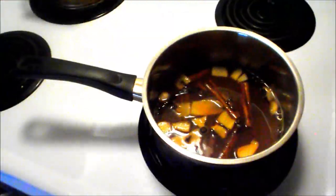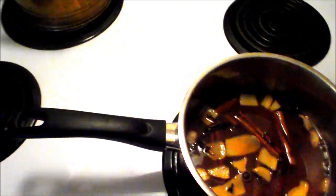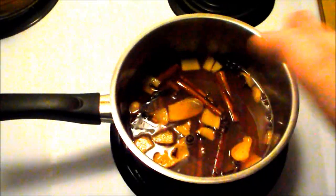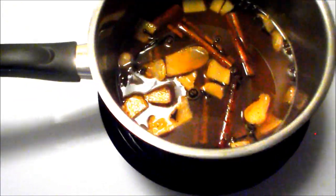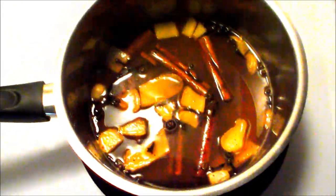So the idea, I think, was to simmer it for a bit to get all the ingredients in there to mix in with the water. And you turn it down low and it should thicken up, I'm hoping. We'll find out. Okay, so I turned it down to low like I said. It hasn't been that long. I was just pushing